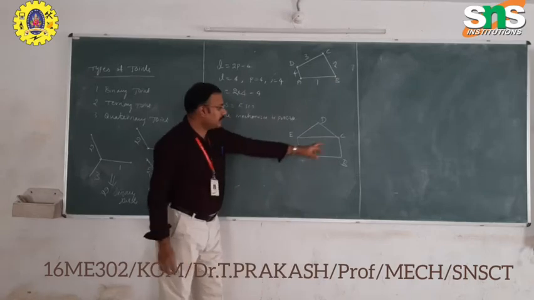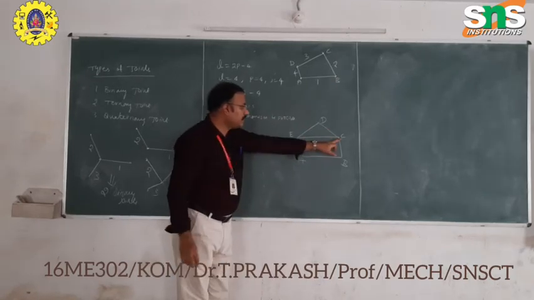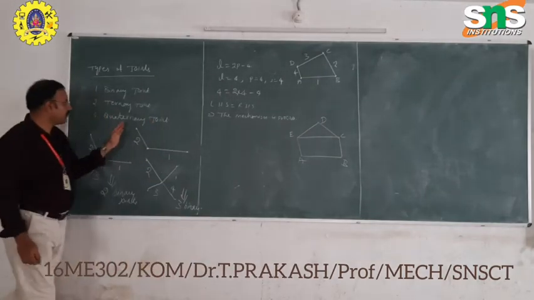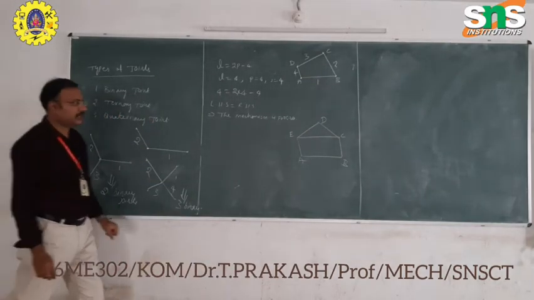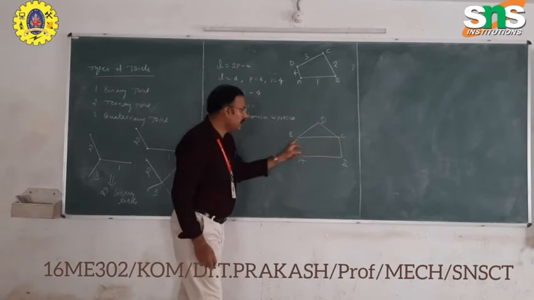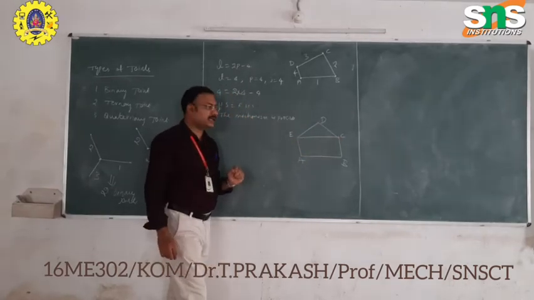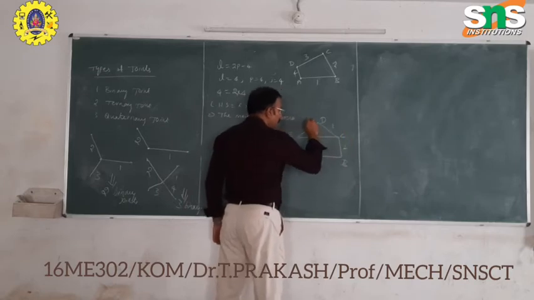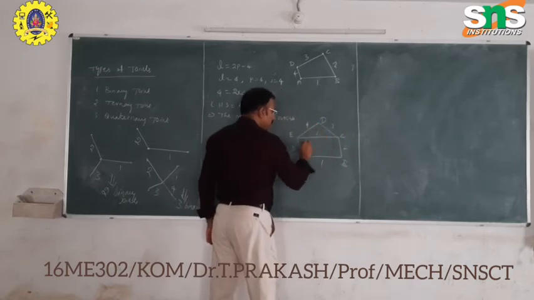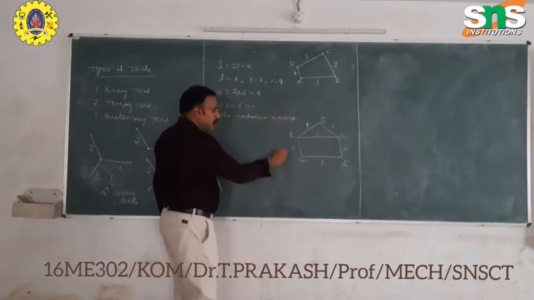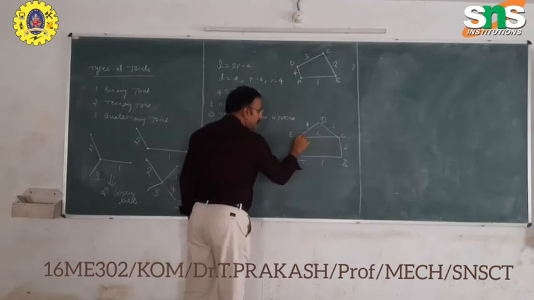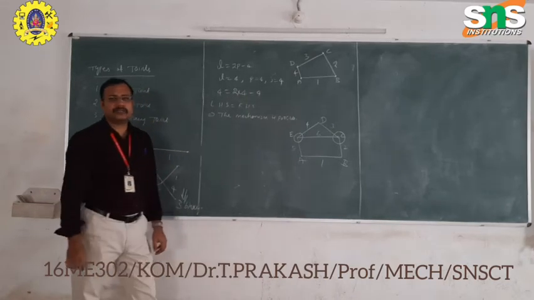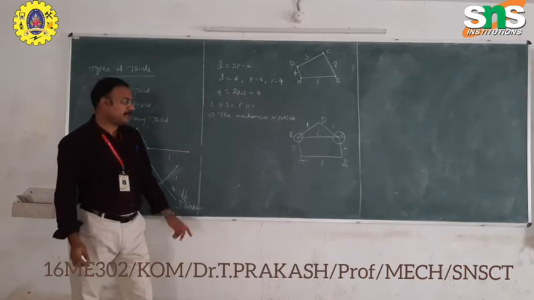You can see the joints C and E having which type of joint? A ternary joint. The joints C and E have a ternary joint here. That is link 1, 2, 3, 4, 5, 6. At the joints E and C, there is a ternary joint. It is very important for this problem or in application.